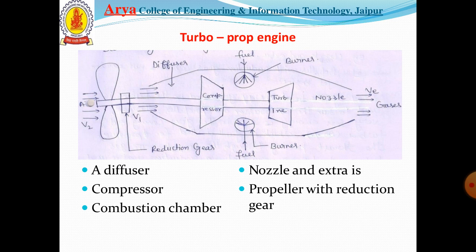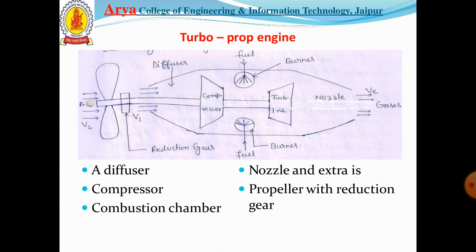A turboprop engine differs from the turbojet engine as it uses a propeller to increase the mass flow. This is done because higher thrust per unit mass flow of the fuel can be obtained by increasing the mass flow of the air, which also results in better fuel economy. The turboprop system is commonly used in aircraft.